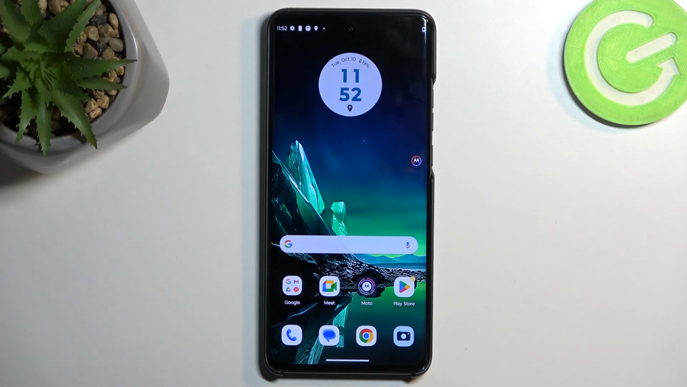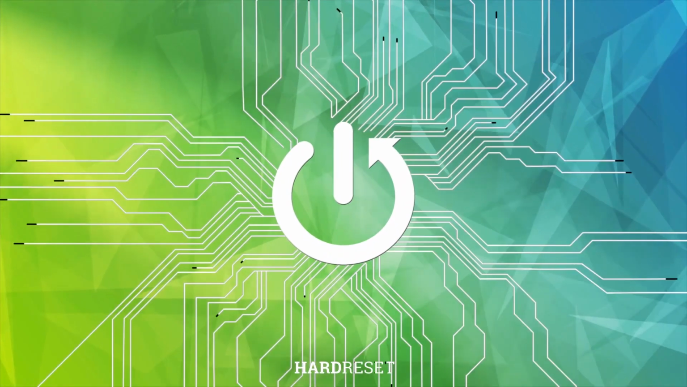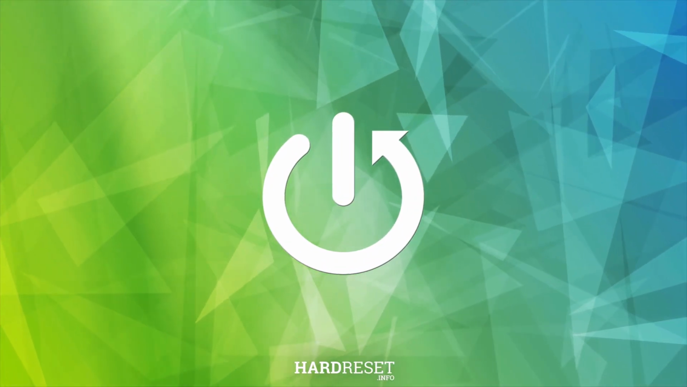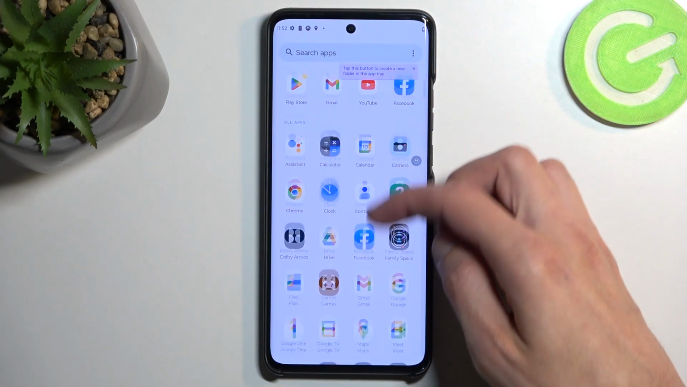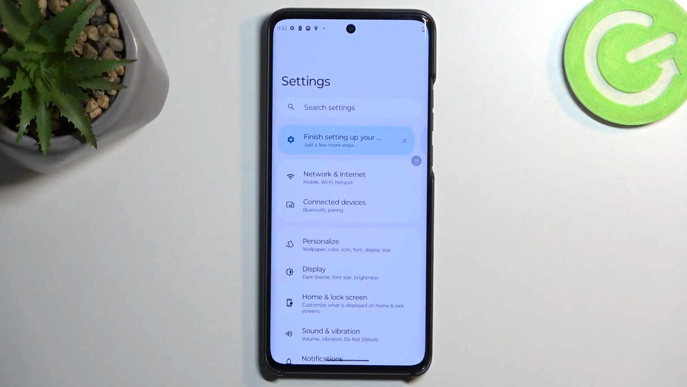Welcome. In front of me is a Motorola Edge 40 Neo, and today I'll show you a couple tweaks and tricks you can do on this phone. So, to get started, I'm going to begin by opening up settings, and we can start off with the display